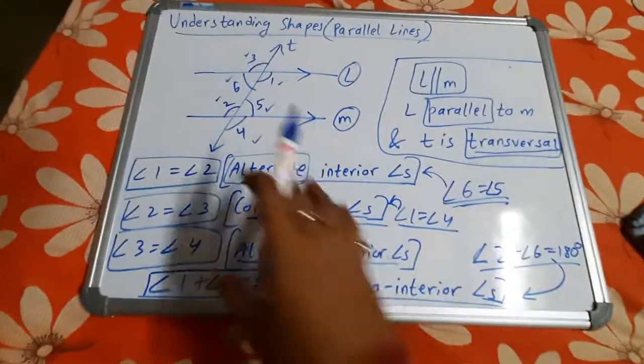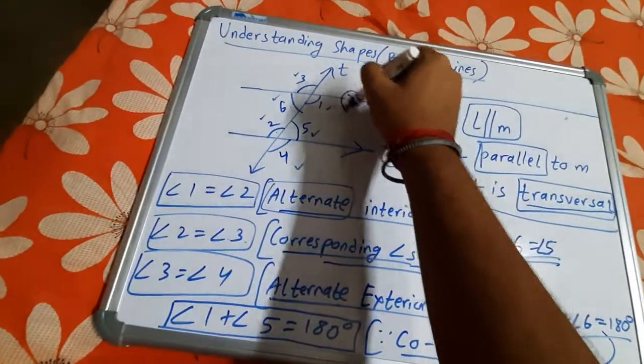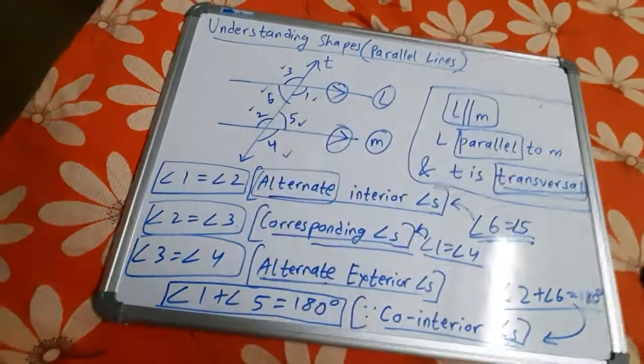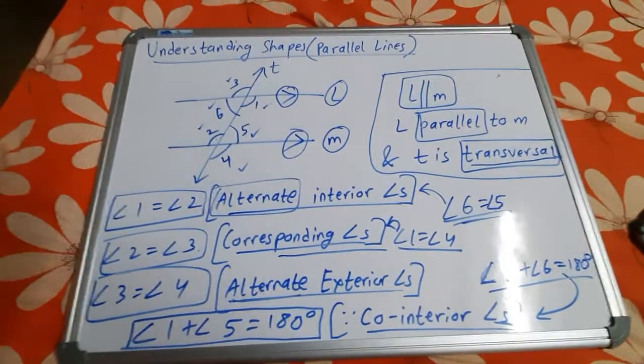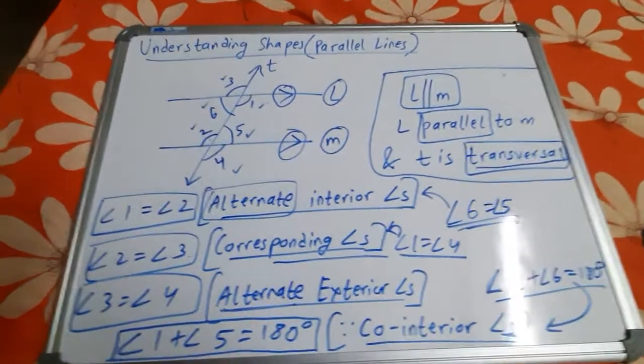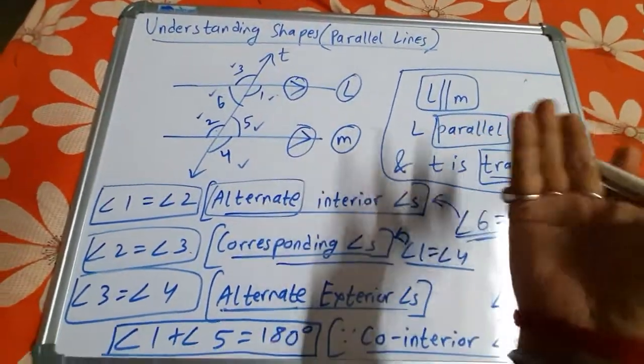Now one more thing I forgot to tell you is that these two signs we always give in case of parallel lines. Okay, if these two signs are not given, that means that these lines are not parallel. Okay, this is a sign of parallelism. Okay, understood this? So this was all of parallel lines.